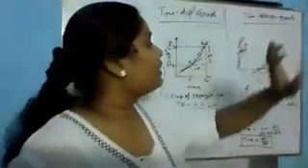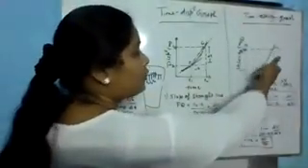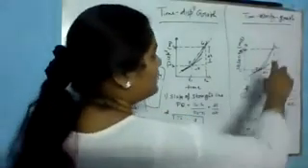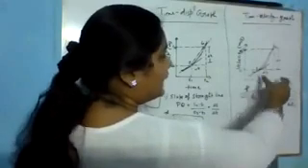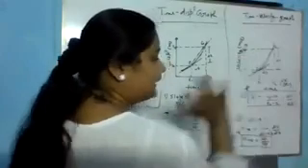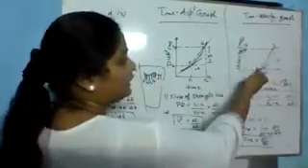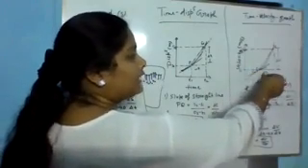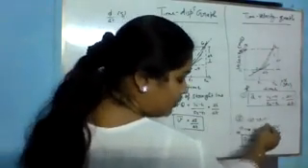Now come to the time velocity graph. With the slope of the velocity time graph, we can find the acceleration. So acceleration is change in velocity upon change in time, v2 minus v1 upon t2 minus t1, that is delta v upon delta t. Now imagine that point Q is very near to point P. That means the tangent will lie at this point. That means delta t is very minimal. So delta t tends to 0.